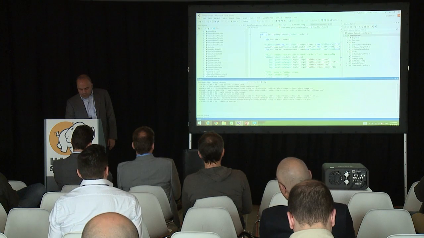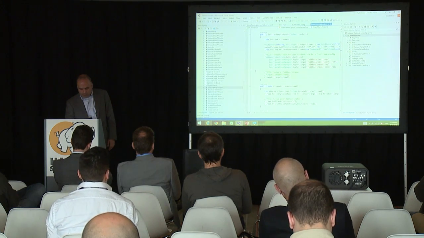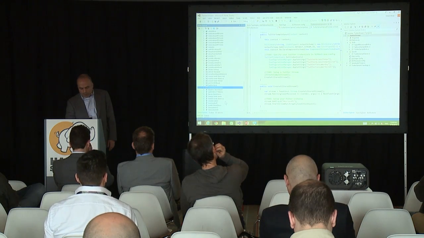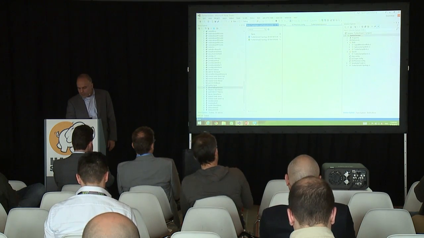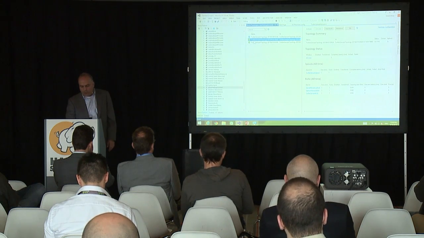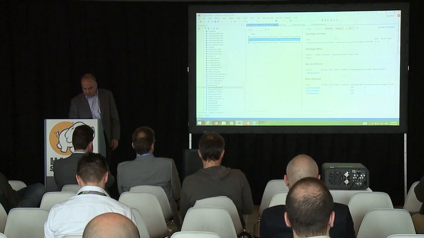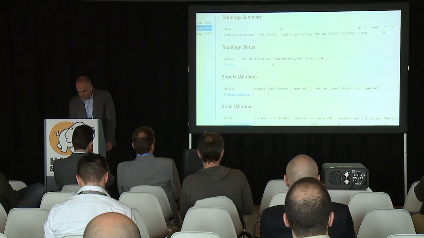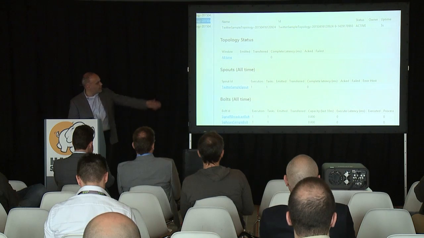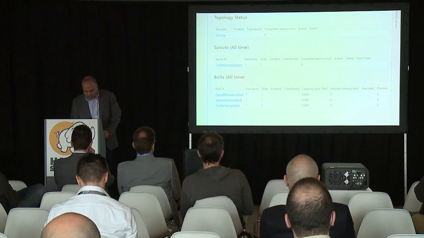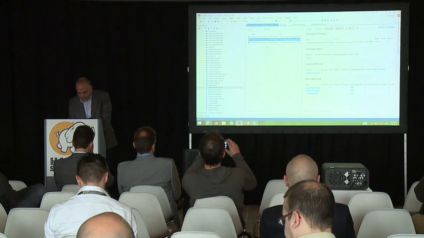And once that's running, because I have some running ones already, I can go back to this cluster, I can say view Storm topologies, and just like I did with view jobs before, I can get a view of topologies that I have running in this cluster. I can get an idea of how long it's been up. This is the one I just submitted, so it's been up for 3 seconds. You see in the upper right, it hasn't really emitted much, but I did have one running before. If I click that one,